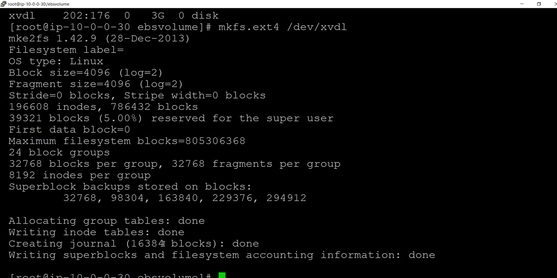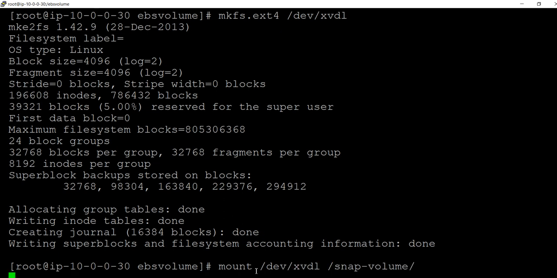Writing superblocks and file system accounting information done. Okay, allocation is also done. Now what we need to do is mount this one directly. /dev/xvdl to snap volume.